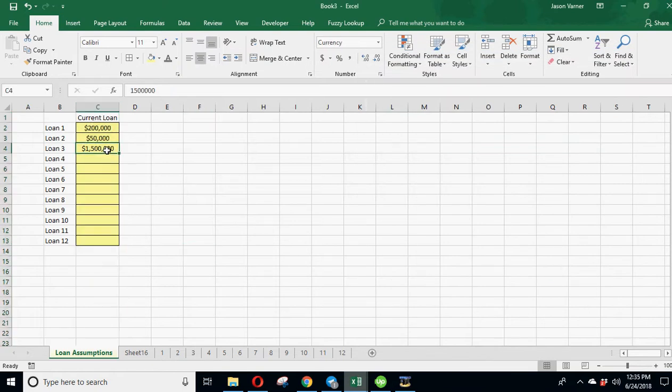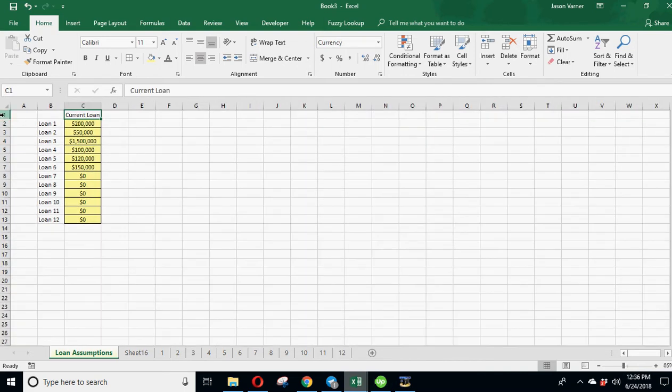It could also be a normal business that has loans for different things, in different amounts and different interest rates. Whatever the case may be, if you don't have to use this many, you can just put zeros in here like this. And if you zoom out here a little bit, loan assumptions. Okay, so we've got our loans,